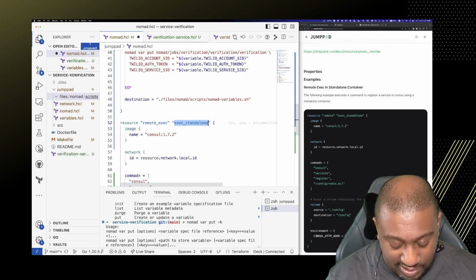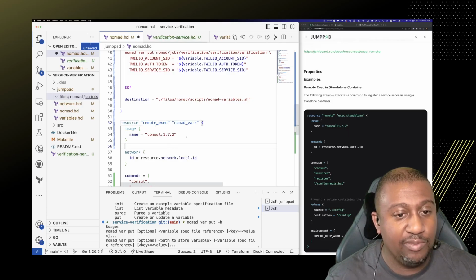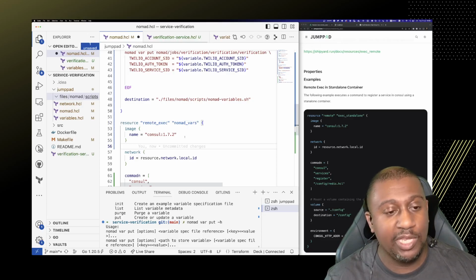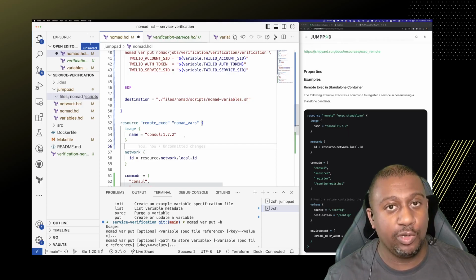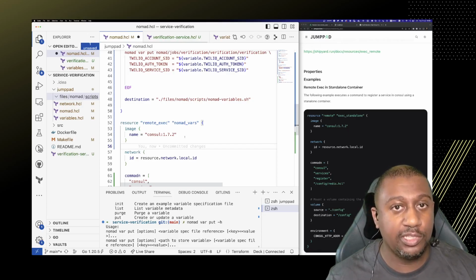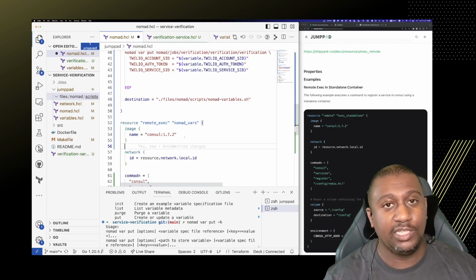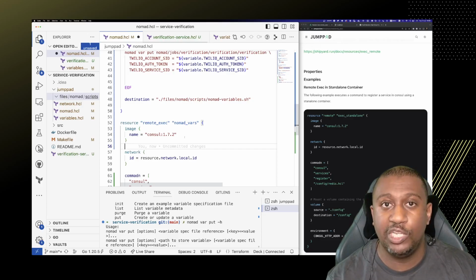And we'll name this Nomad_vars. In terms of image, there's not actually an official Docker image for Nomad. Essentially what we want to do is use a Docker image to be able to run this script or this command, right? What Nick and Eric, who created Jumppad, have done is create a Dockerized version of Nomad, which is what's actually running when we spin Jumppad up. So we're just going to use